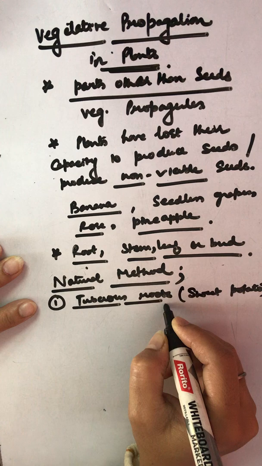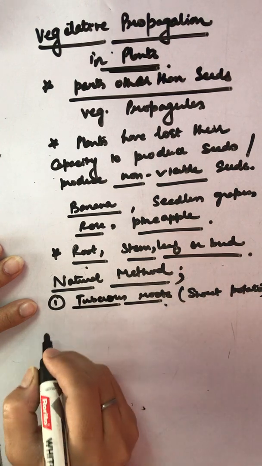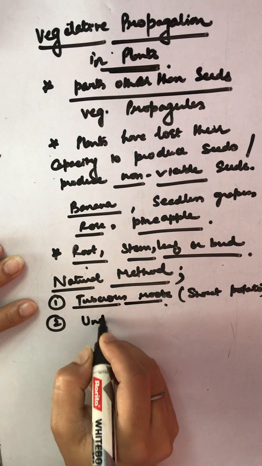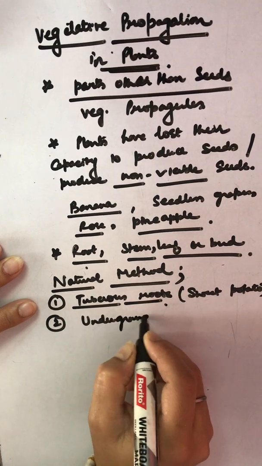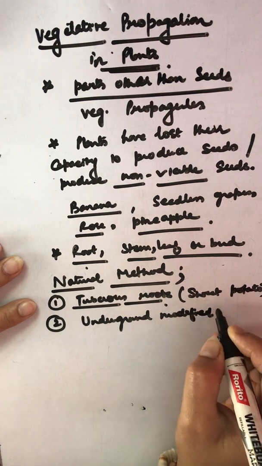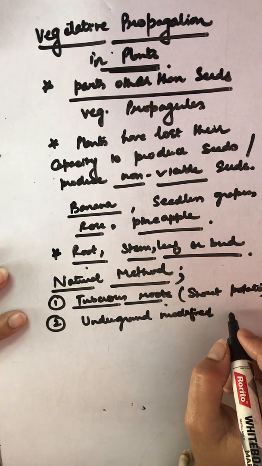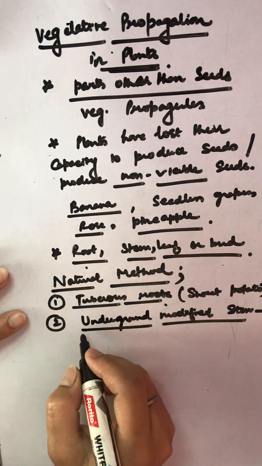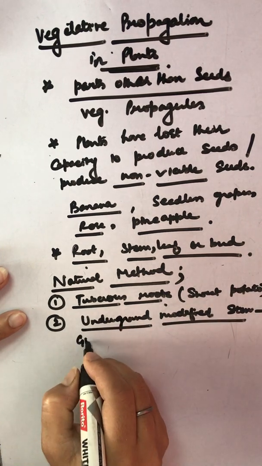They naturally grow in this method. Then in guava plant, underground modified stem. First we will do the underground modified stem part, and that is taking place in ginger,